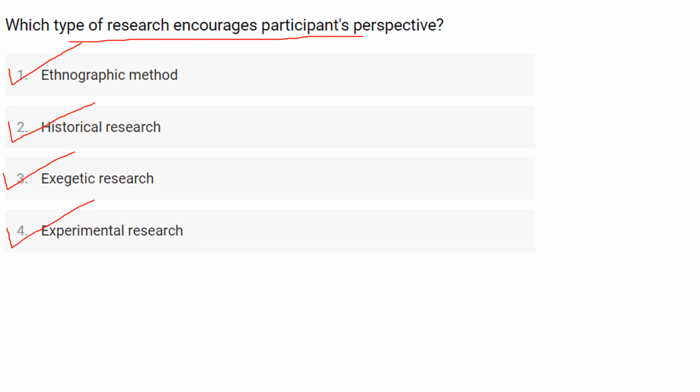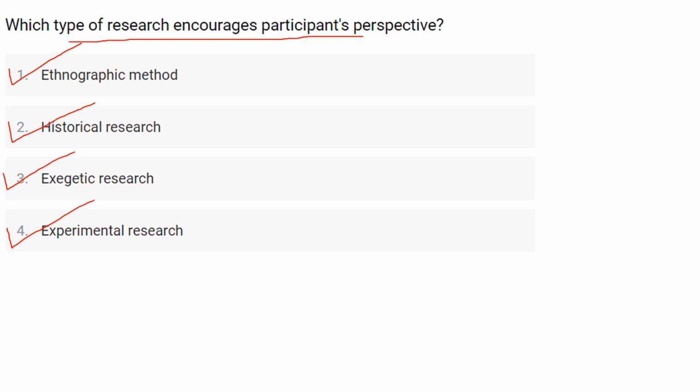So here the ethnographic method is a research approach where the researchers look at people in their cultural setting with the goal of producing a narrative account of their particular culture against the theoretical backdrop.